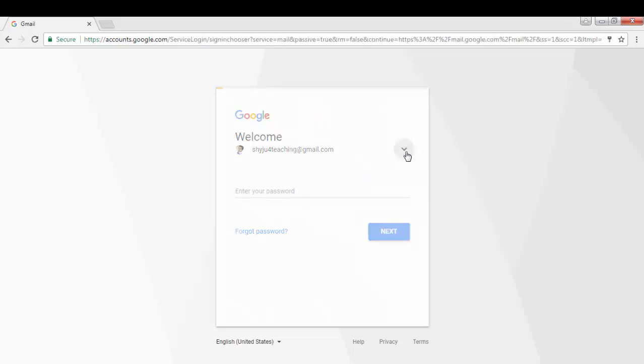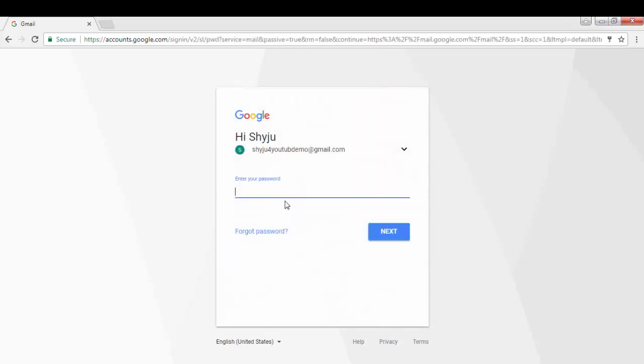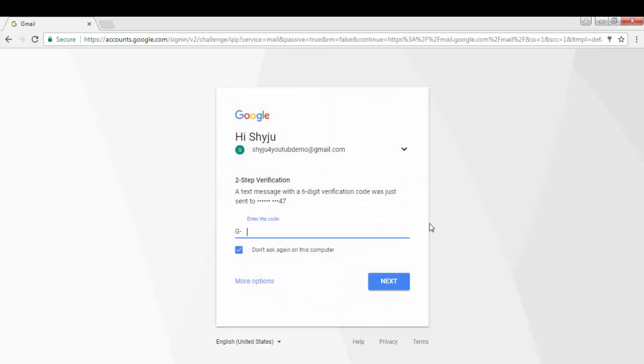Now enter the Gmail ID for which you had enabled Gmail two-step verification. I am entering my ID. Enter the password. Now see, in the previous video I had shown you how to enable this two-step verification.